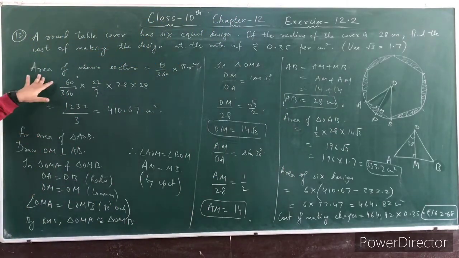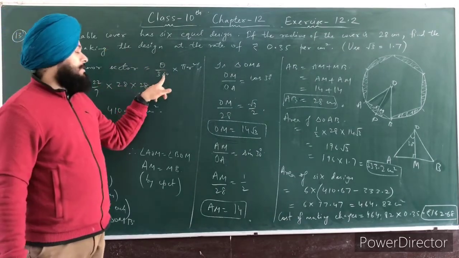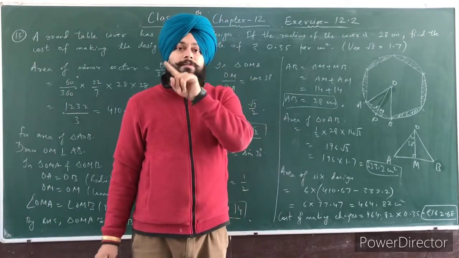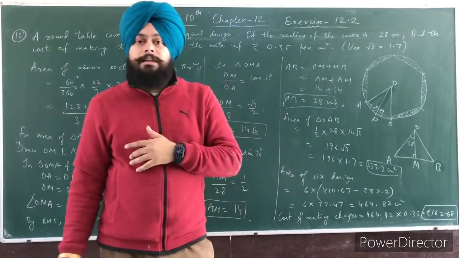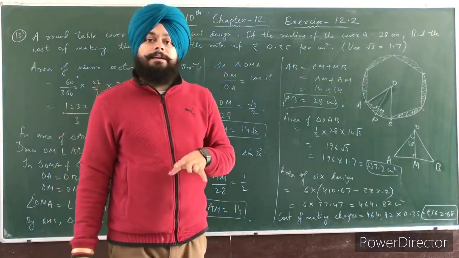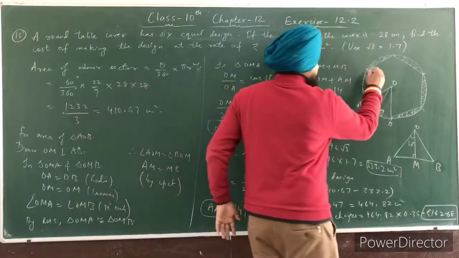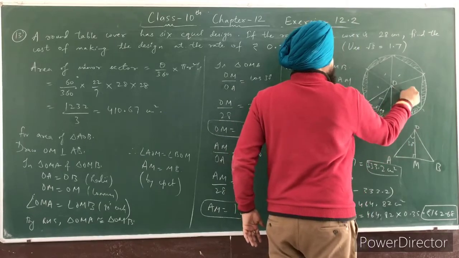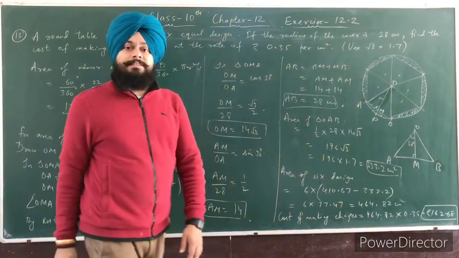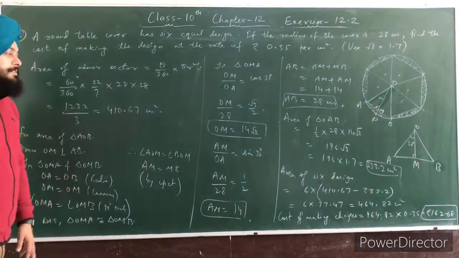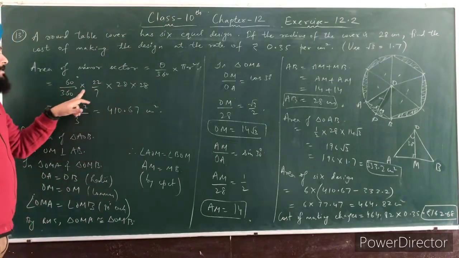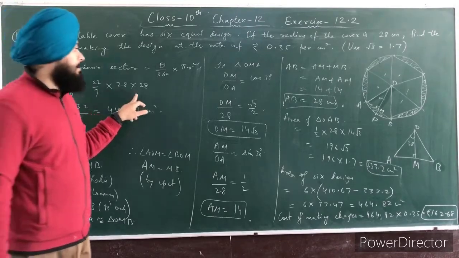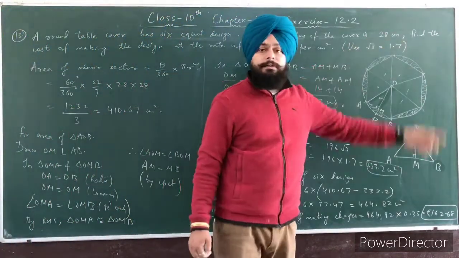So first, find the area of minor sector. Theta over 360 into pi r square. What is theta? We know that one complete revolution is of measure 360 degree, and there are total 6 equal sectors. When you join, there are total how many sectors? 6, 1, 2, 3, 4, 5, 6. So 360 by 6 is how much? 60 degree. It means theta is 60 degree over 360 into pi. Value of pi is here 22 over 7 into r square. Radius is given, that is 28 centimeter.